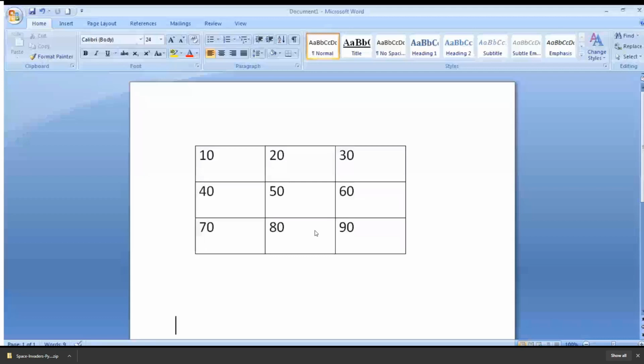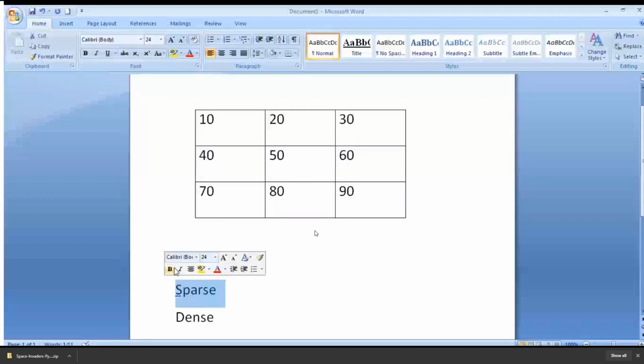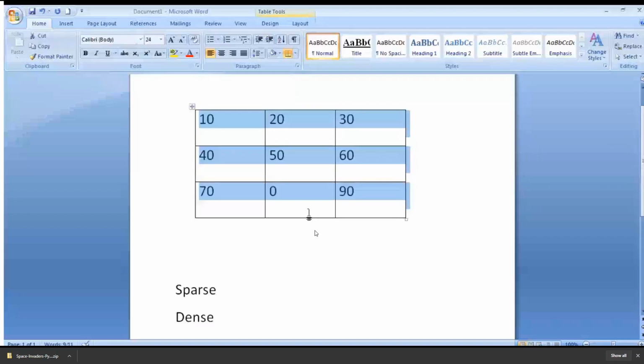Sparse matrix is the matrix where most of the elements are 0, and dense matrix is the matrix where more non-zero elements are present. So if in the above example I remove 80 and represent 0 over here, is it visible? This matrix is called a dense matrix. Why?